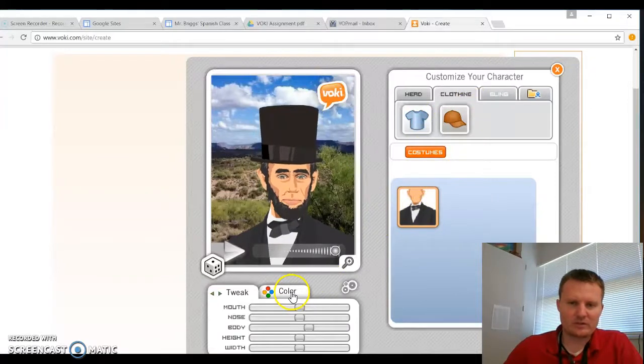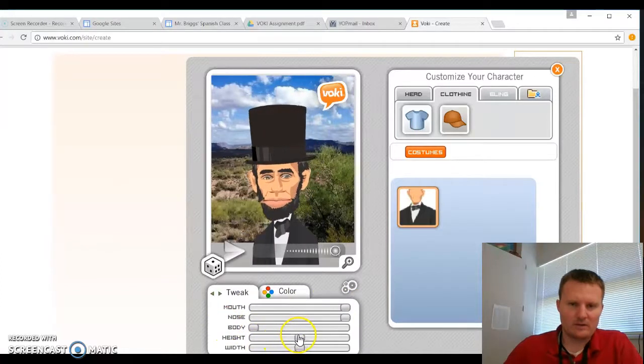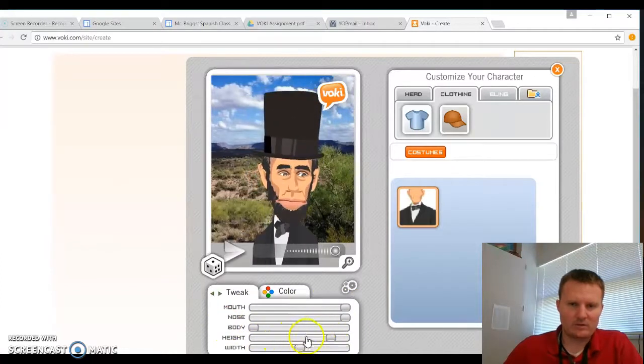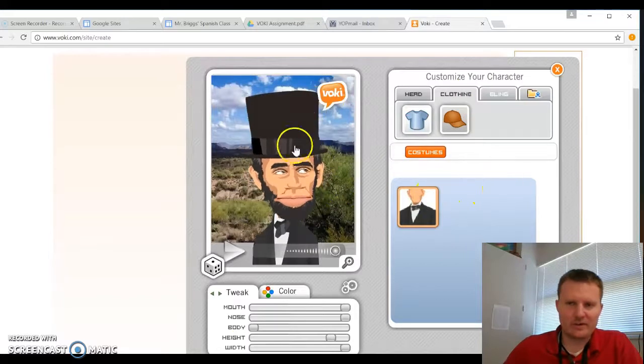Now with this character, let's see here, you can tweak the mouth. You can make it small, you can make it big. The nose, small and big. The body. And of course the height. So you make it however you want to make it. Okay. So once you've gotten a character that you want,